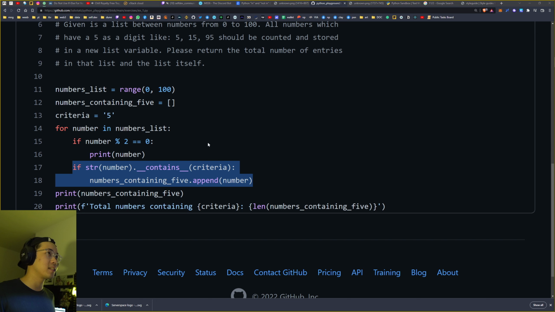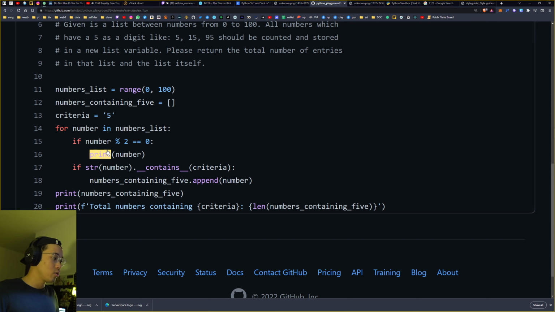Now, what Blazor did is he took the number here. You see 4 number, and then he takes the number and converts it into a string, because string number converts an integer into a string. I mean, it doesn't even have to be an integer, because it's just this number. And we know,